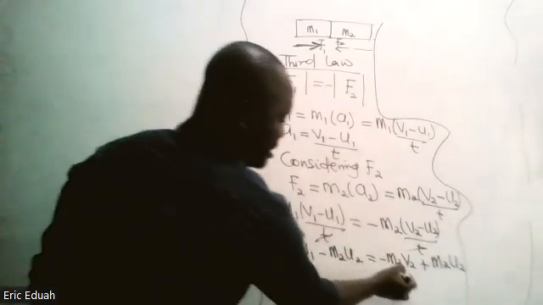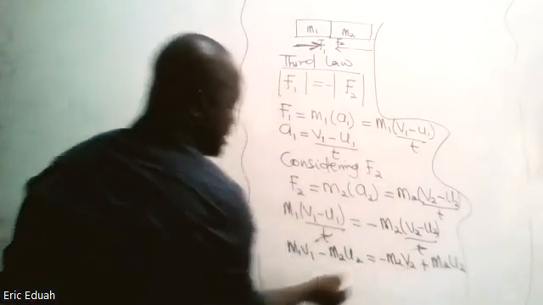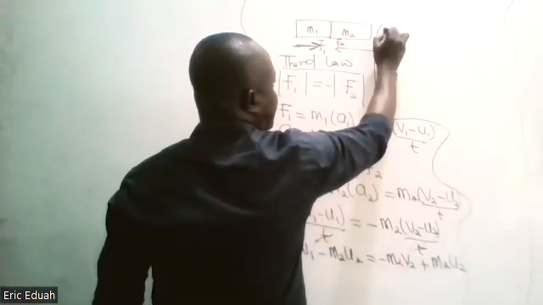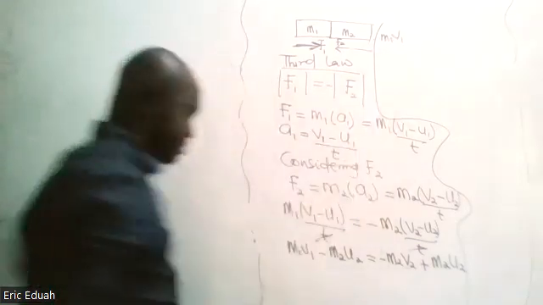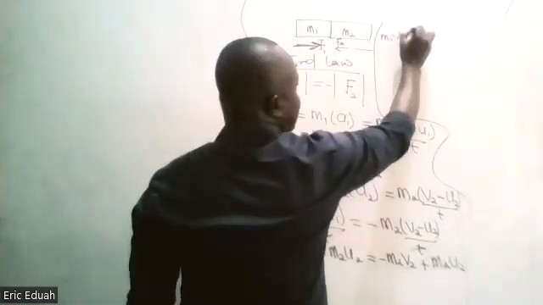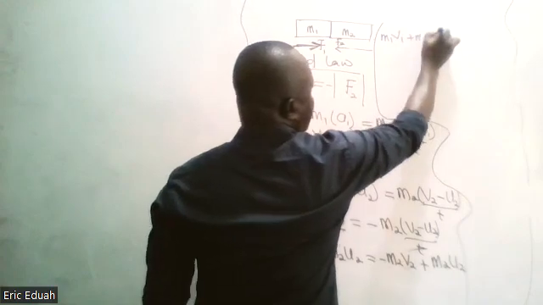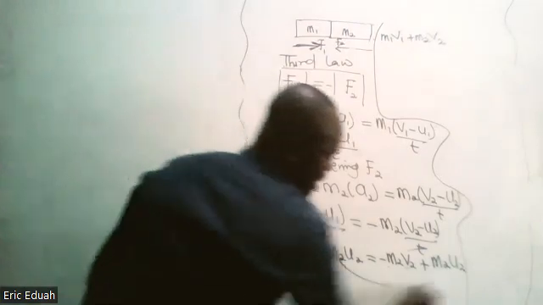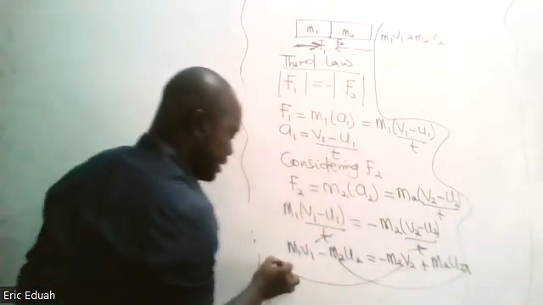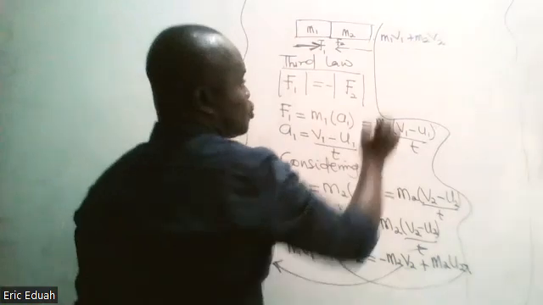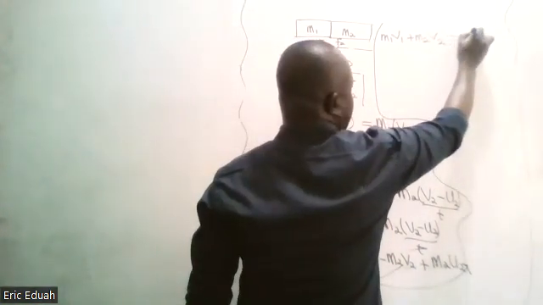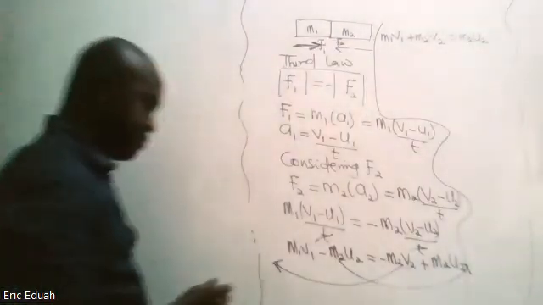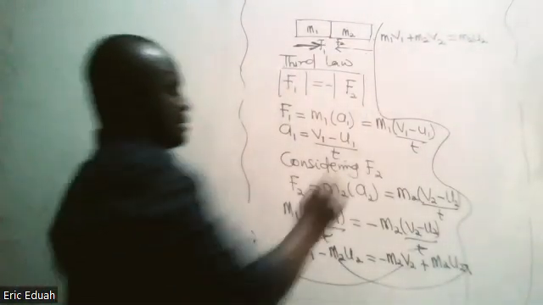And since this is negative, we are bringing it to its positive counterpart. So we have M1 V1 plus M2 V2. Then we are also sending this to its positive counterpart. So M2 is equal to M2 U2, okay, plus